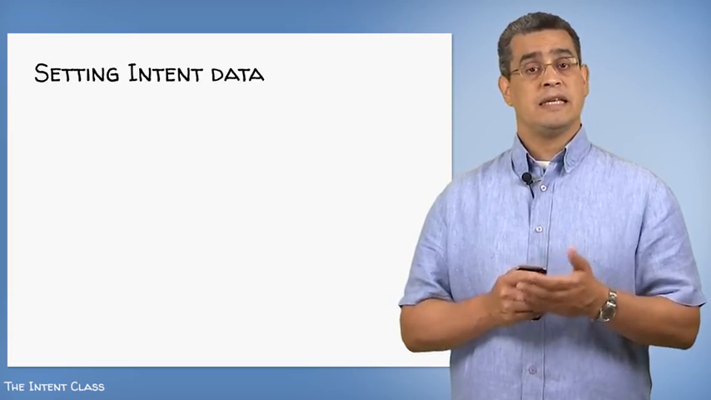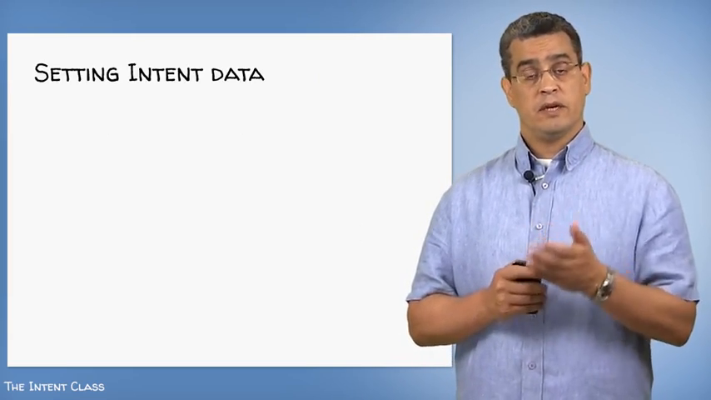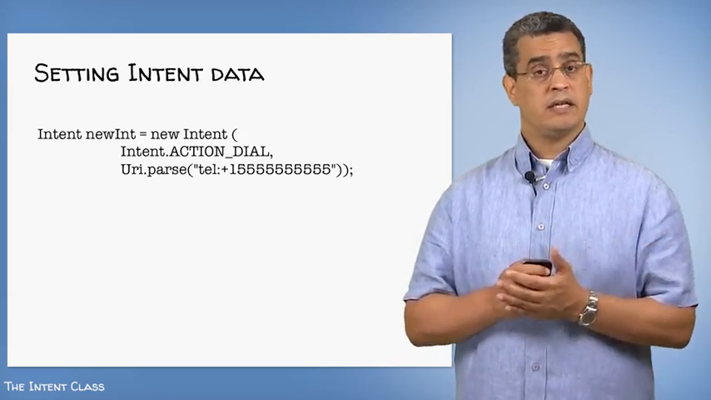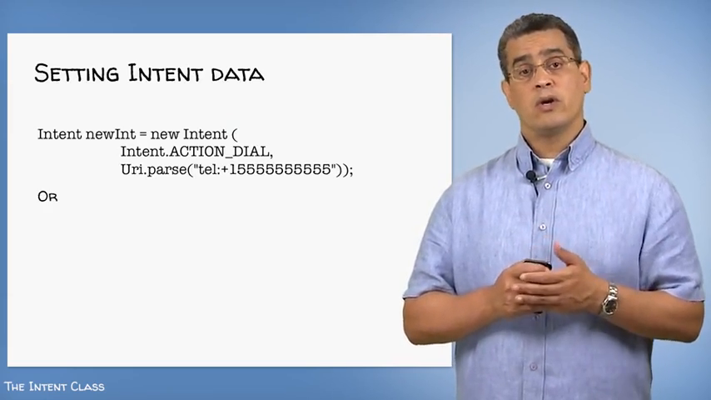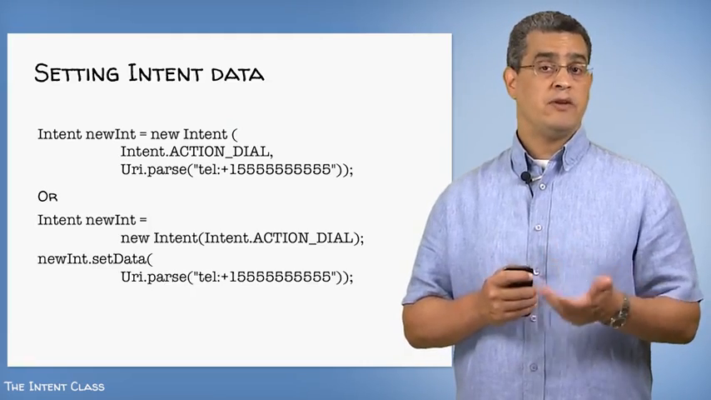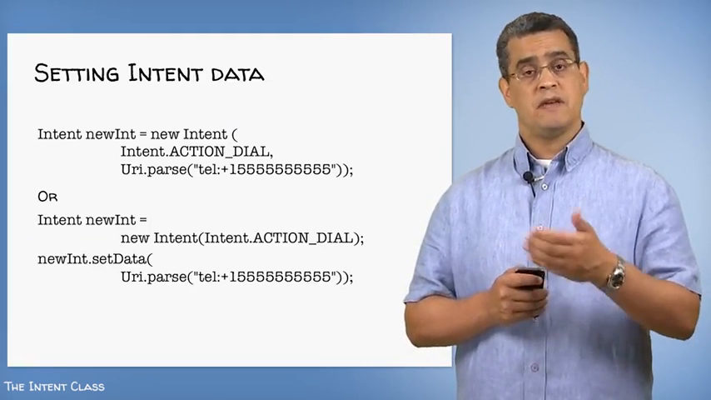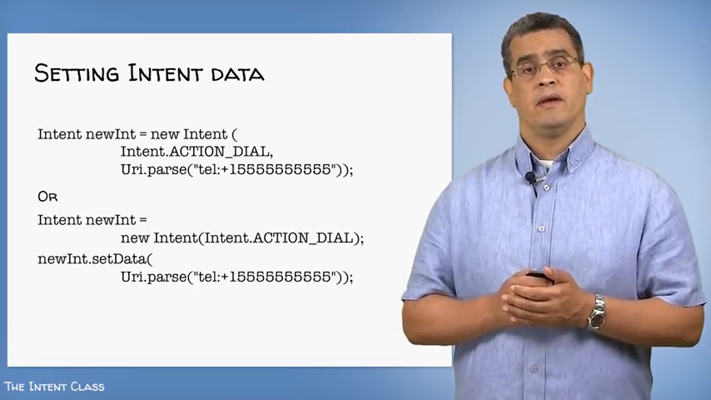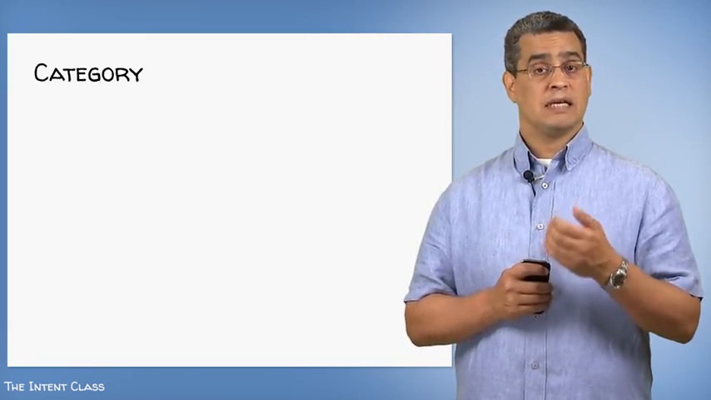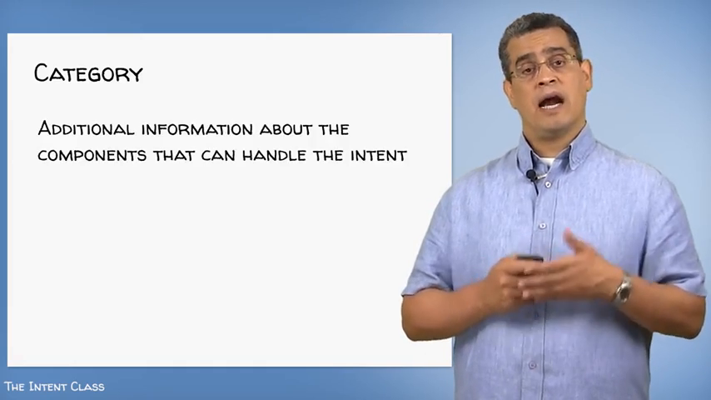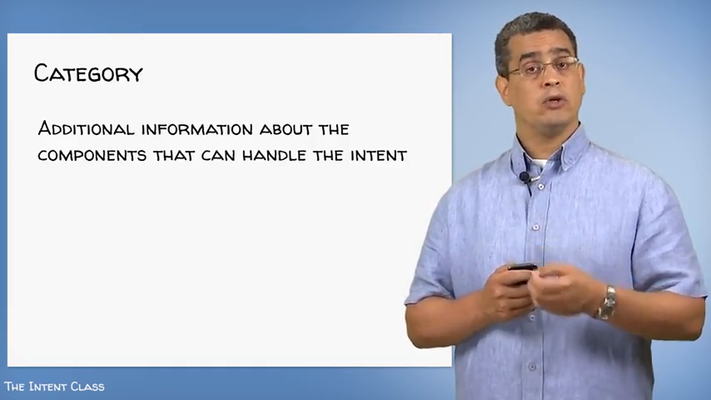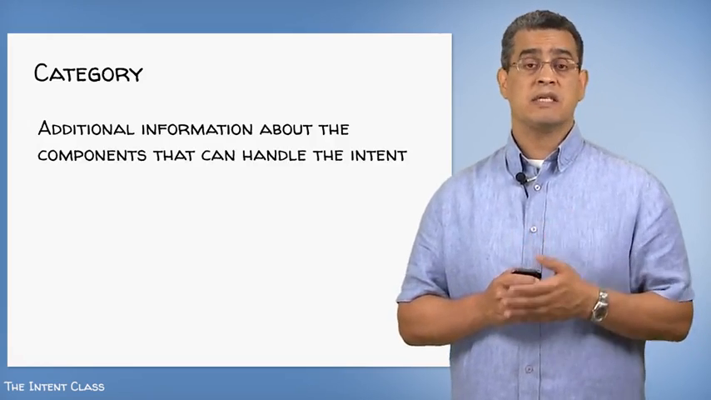Now, you can set the intent's data in a variety of ways. For instance, you can pass it directly to the intent's constructor, or you can create an empty intent and then use the setData method to set the data for that intent. The intent category represents additional information about the kinds of components that can handle or should handle this intent. Some examples include